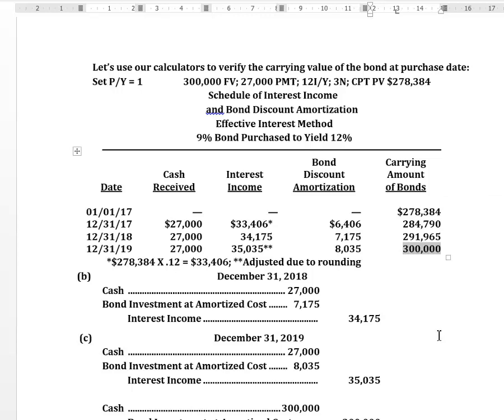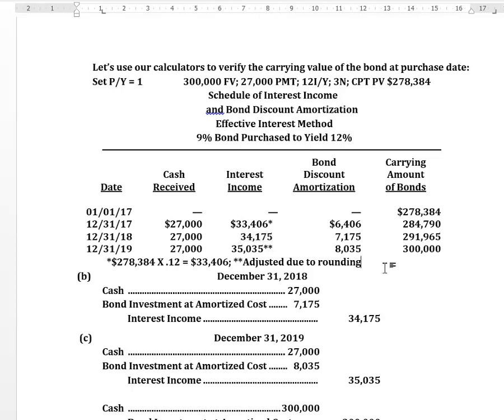So that the bond can be discharged. So we're going to add that 6,406 to the carrying value to bring it closer to that 300,000, and that's going to give us 284,790. Now don't forget, because my carrying value is growing to 300,000, if I multiply that by 12% to get my interest income for the 1-year period ended December 31st, 2018, I'm going to get a bigger number, which is